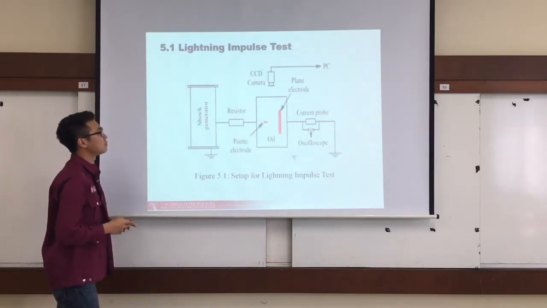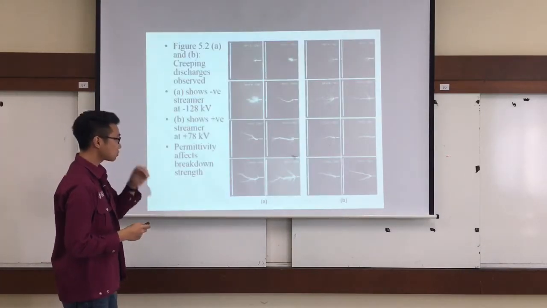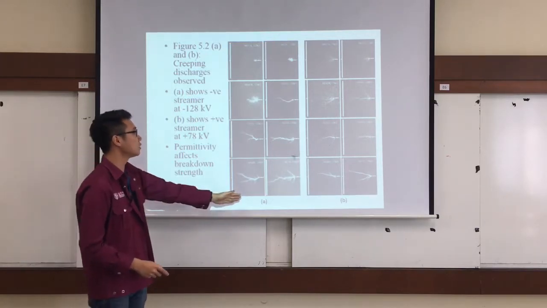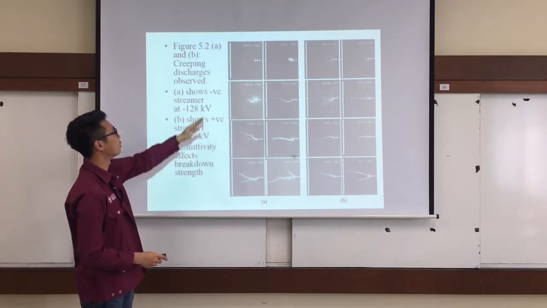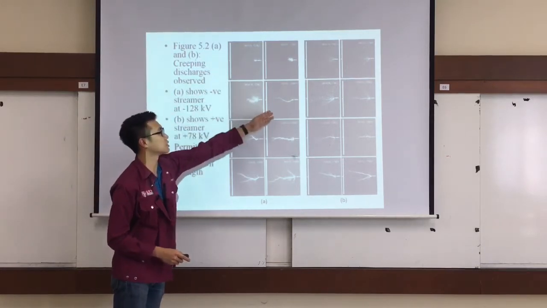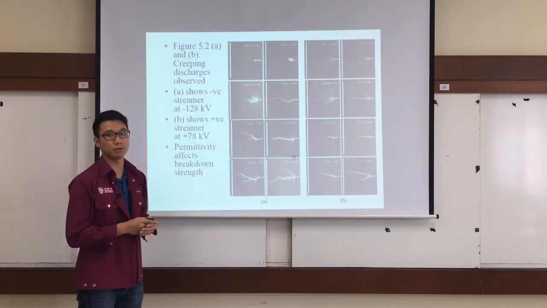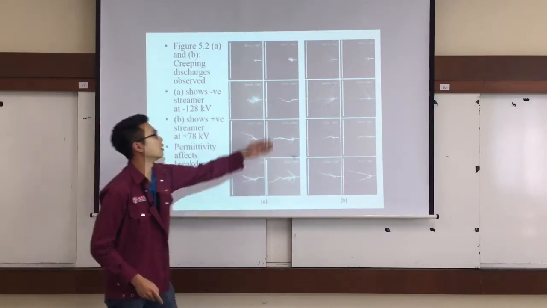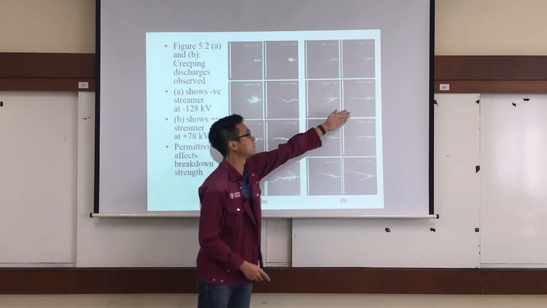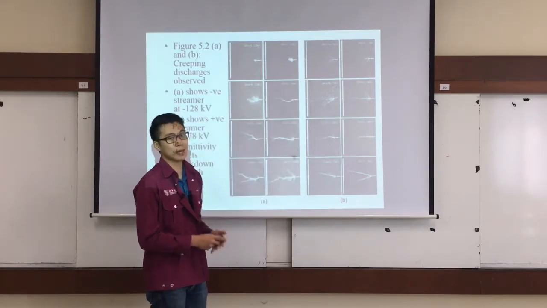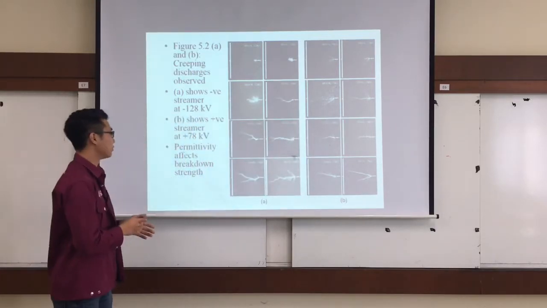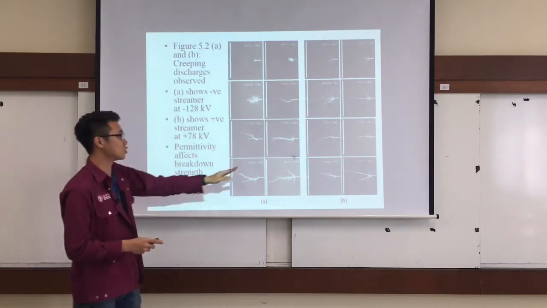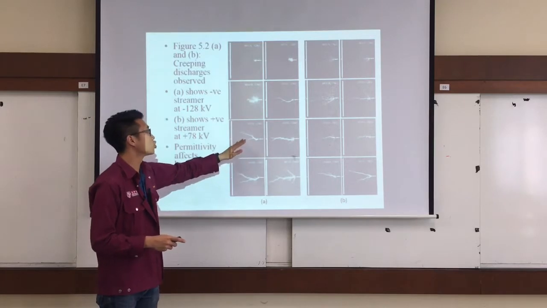So for the lightning impulse test, we can see that this creeping discharge is observed. Here in figure A is observed for mineral oils and also vegetable oils at a negative polarity lightning impulse. And in figure B, we can see mineral oils and vegetable oils at a positive polarity lightning impulse. So we can see that at the negative polarity, the streamer distribution is shorter compared